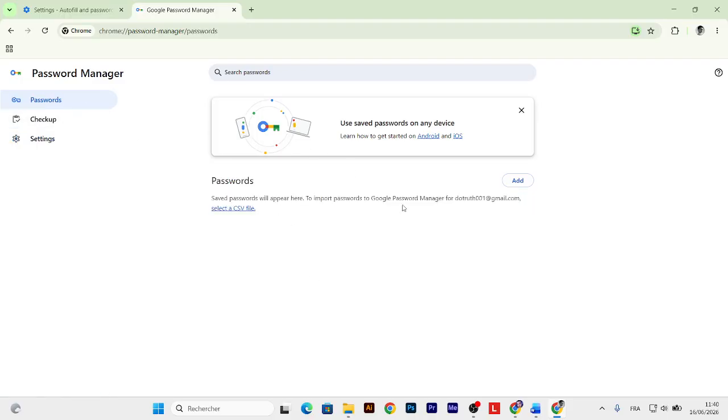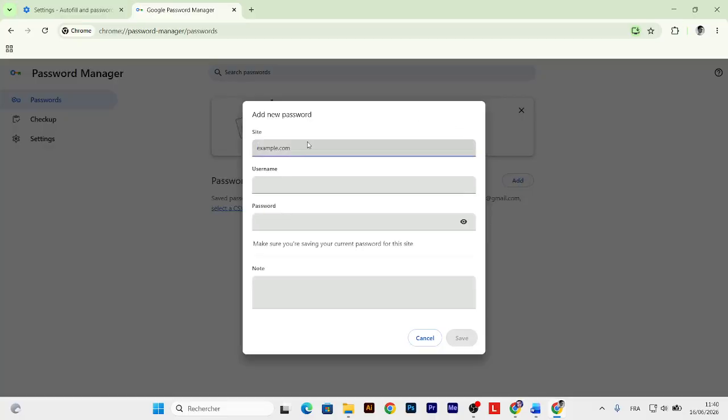Okay guys, or you can just go here to Add password, and put here your website, like Facebook, and here your username, like your phone number or your email, and here your password, and just